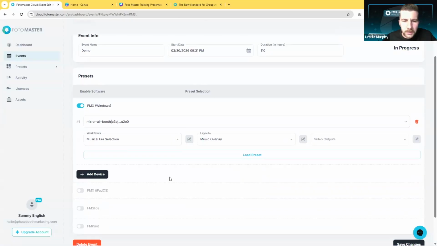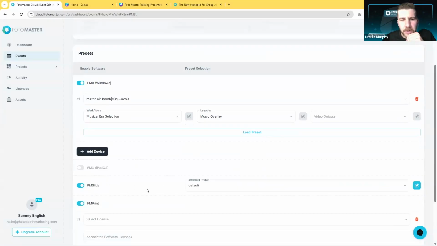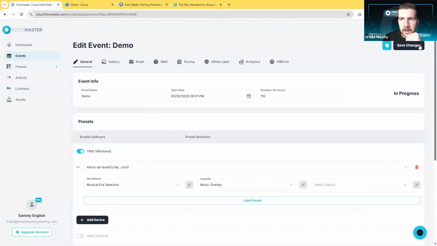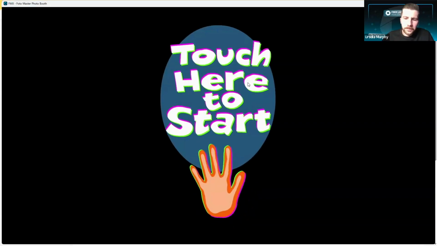If I want to run this, and this is for all the slides, I want to make sure the outputs are also visible for my slide and also for my printing later on. So I'll just choose all these options. Now, if I hit save changes and I go back to my Foto Master software,